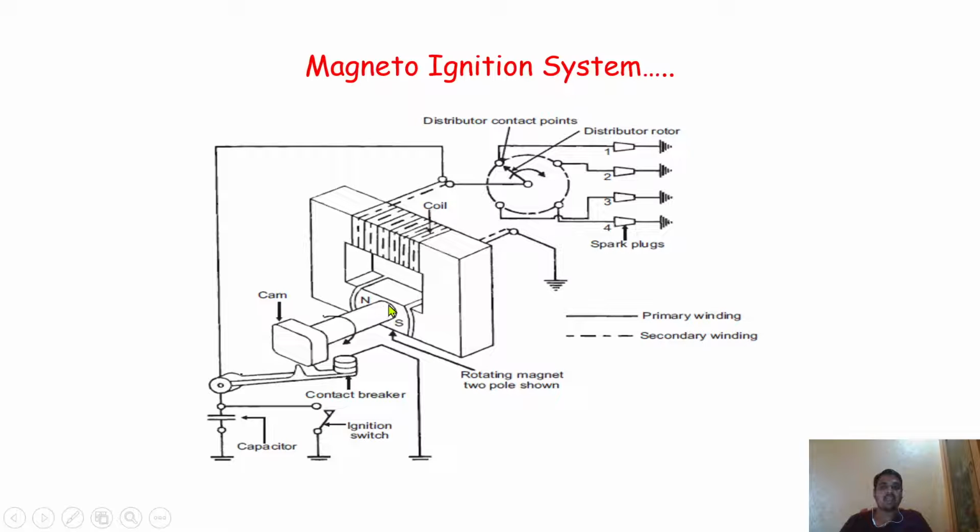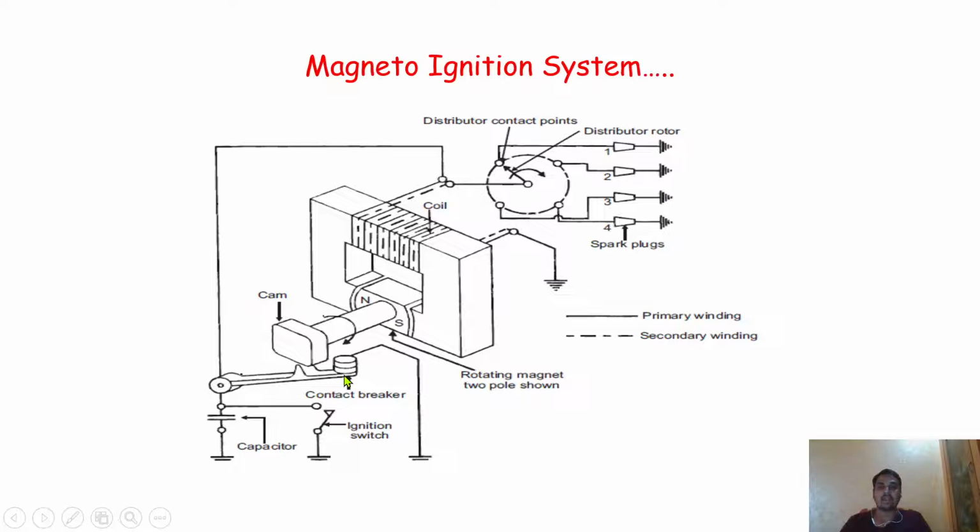Initially, as voltage is continuously generated from the rotating magnets, that huge amount of voltage in the form of current is supplied to the distributor system, and the distributor rotates and is able to supply that voltage to each and every spark plug. And according to the firing order, the spark plug is able to supply the ignition inside the engine cylinder. But to avoid that huge temperature or heat inside this system, we have to